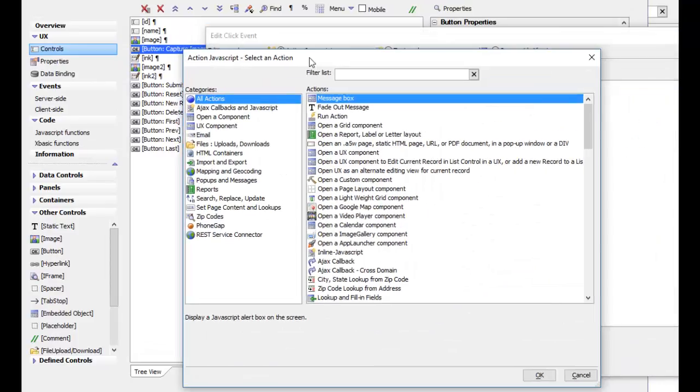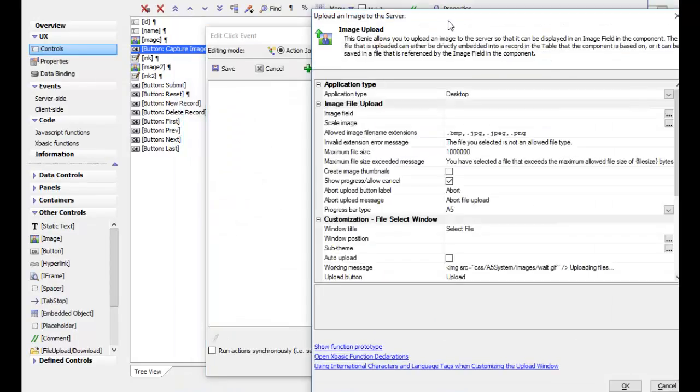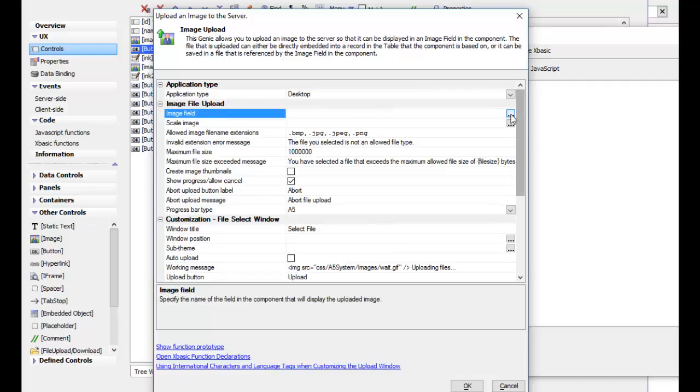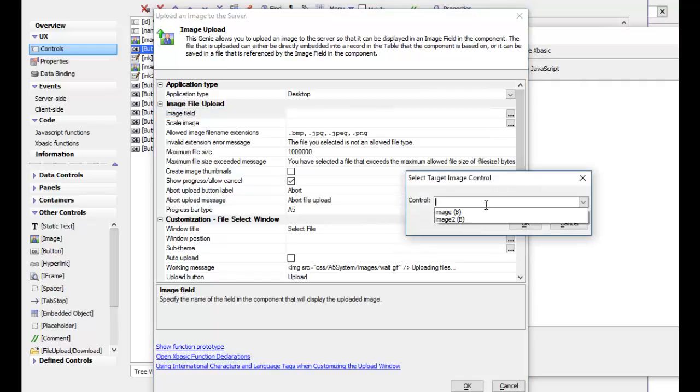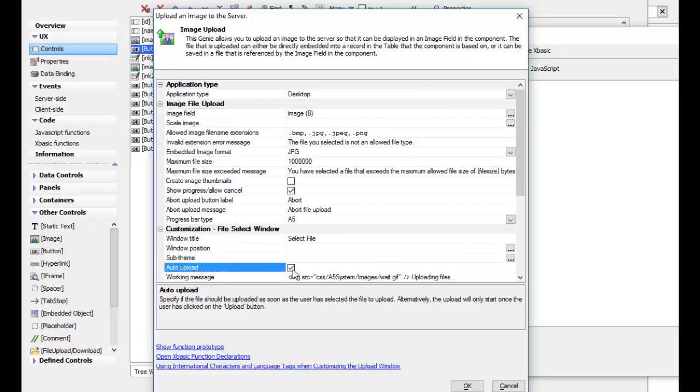So I'll go here and type in image upload, and we'll specify that we want to upload to the first image field, and we don't need to wait for confirmation. We'll start the upload as soon as the user has selected the field,